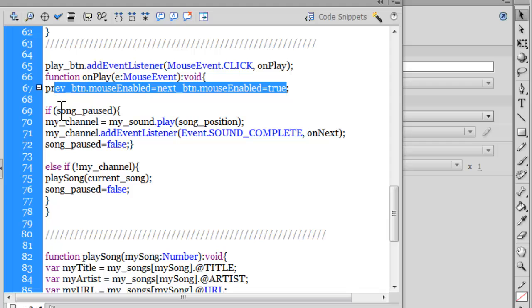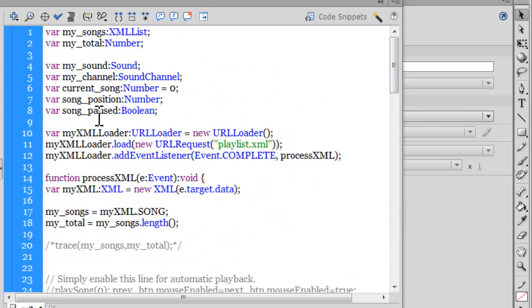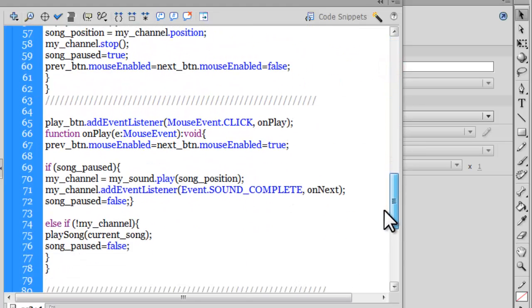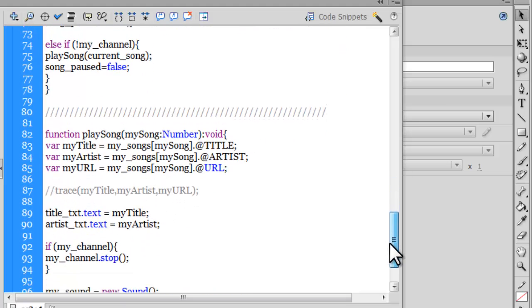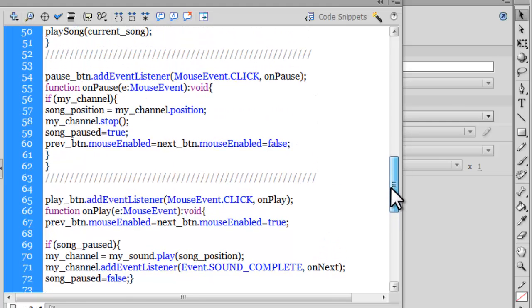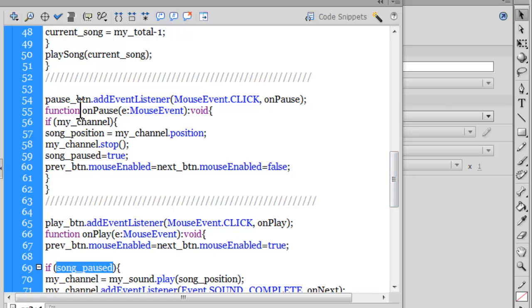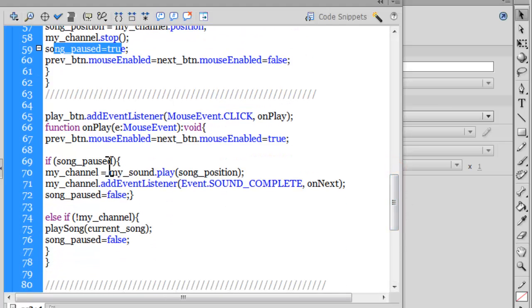Then I'm checking if song is paused. Guys, remember that I'd created a variable song_paused of the type Boolean out here. When somebody clicks on the pause button, it becomes true. I'm checking if song_paused is true. That happens inside the play_button routine, guys. See out here. If it is paused, I would want